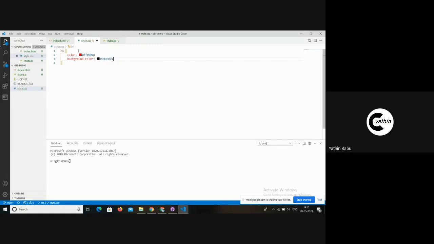I just added a style rule for the h1 element, so the color will be red and the background color will be black for the heading.